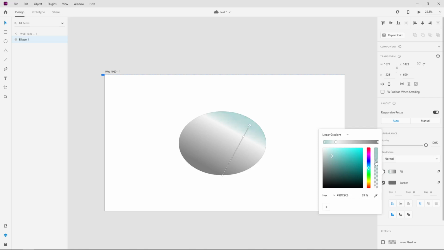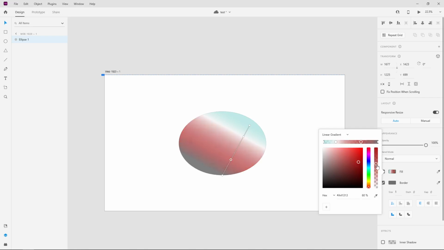If you find that you need an additional color stop, simply click anywhere on the gradient bar to add one. Conversely, if there's an unwanted stop, you can either drag it off the ramp or select it and press Delete to remove it. Once you're satisfied with your gradient, it's time to finalize your design by closing the color picker